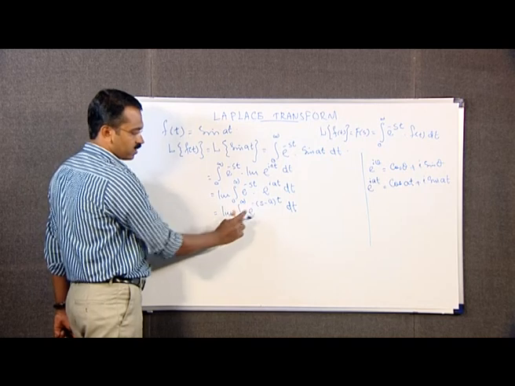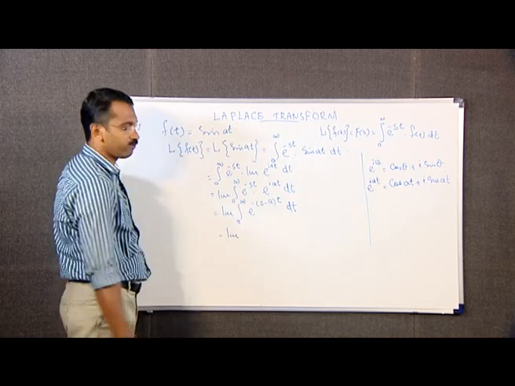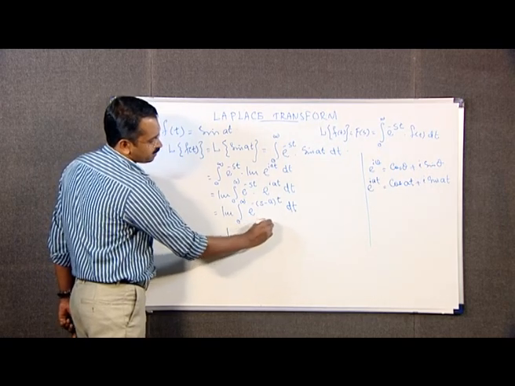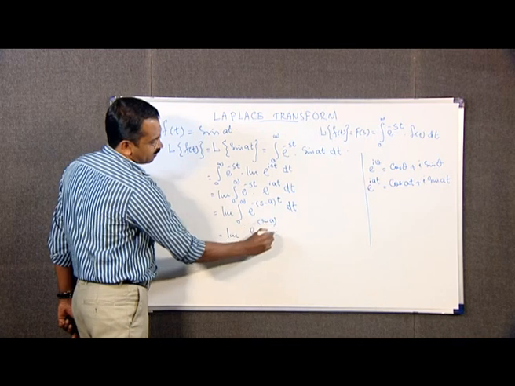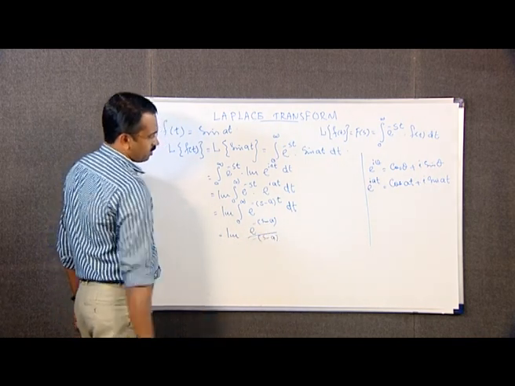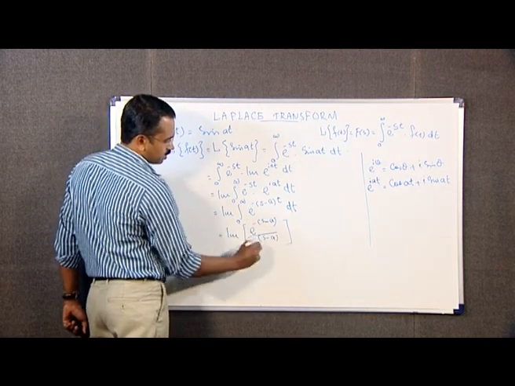On integration, we get this is equal to the imaginary part of e^(-(s - ia)t) divided by -(s - ia) between the limits 0 and infinity,